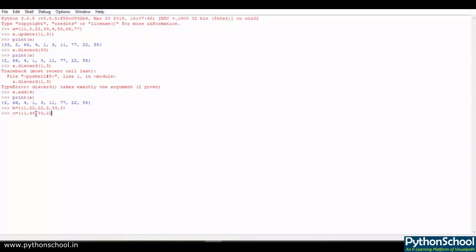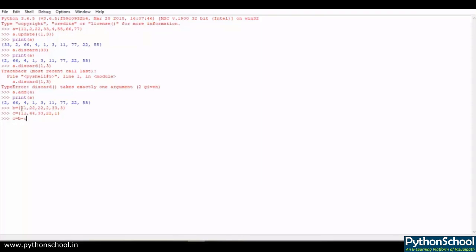We'll be seeing the difference keyword here. So C is equal to B minus C. Okay, I'll be performing the difference. So here I am performing the difference